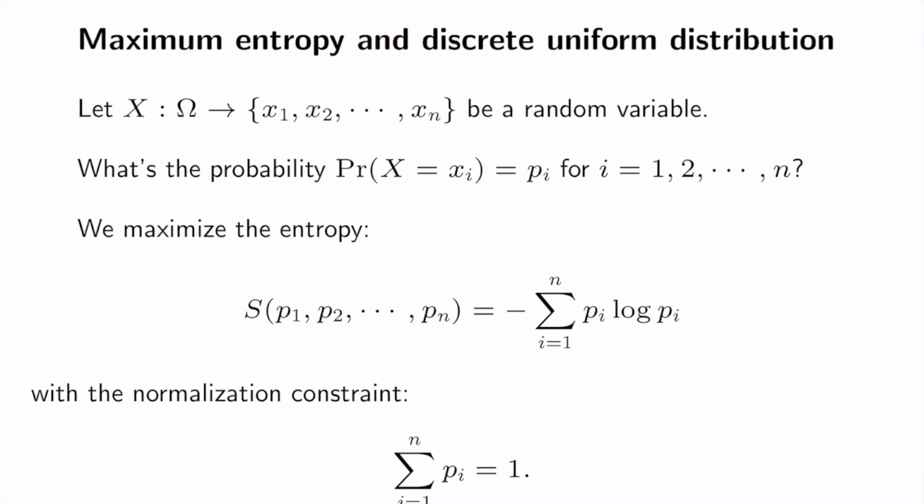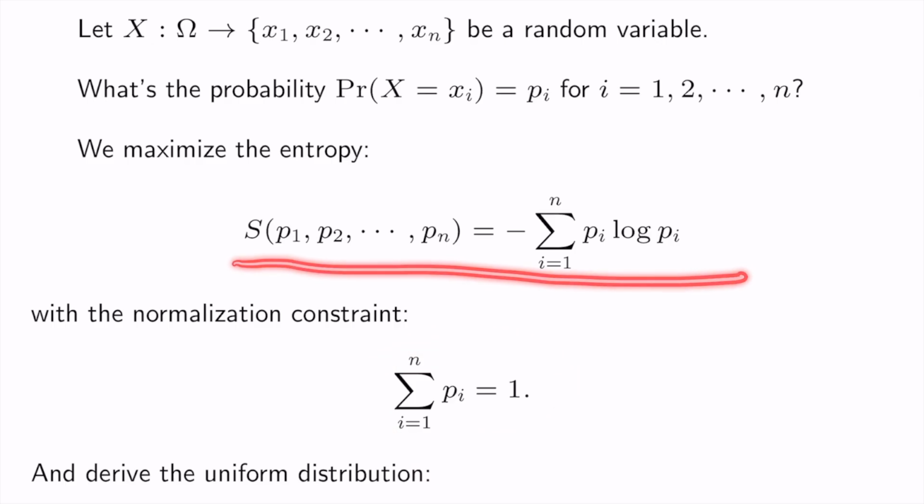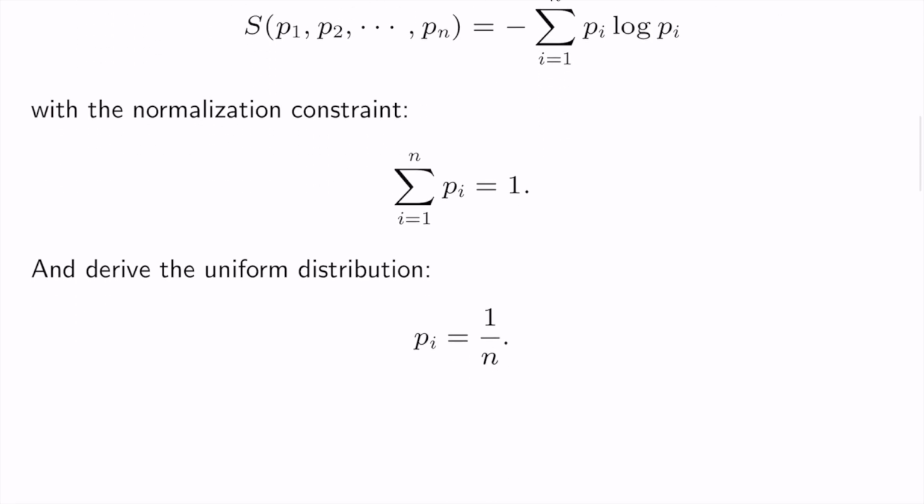So let's recap what we have done. We have this random variable x that can take n values, and we knew nothing about its distribution except that it is normalized. And we introduced a quantity called entropy, which measures the randomness of a distribution. So maximizing an entropy means finding the most random distribution. So we maximized this entropy with this constraint by using the method of Lagrange multipliers